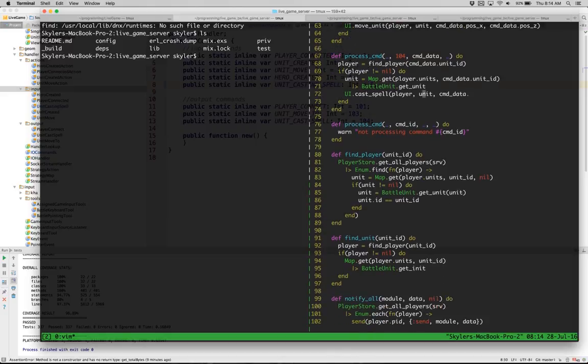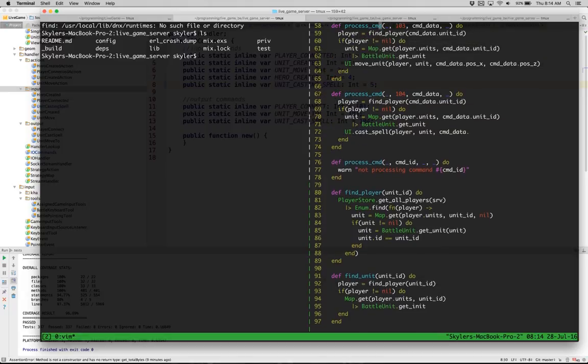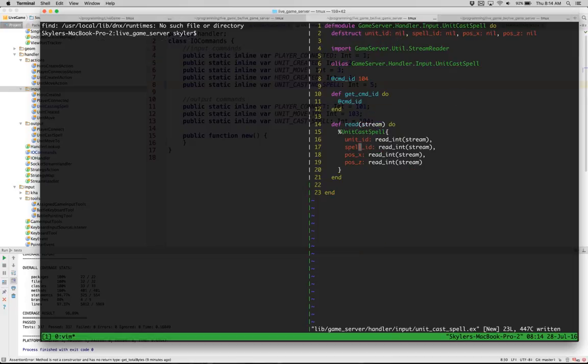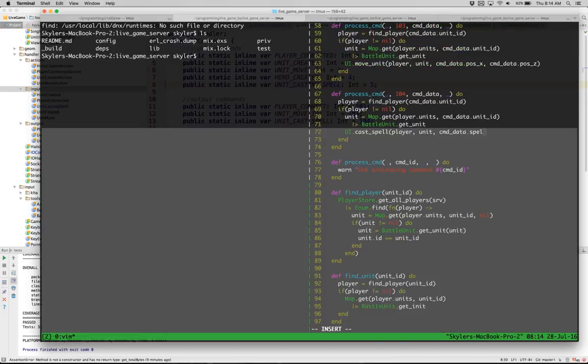So here we don't need this. So command data spell ID,